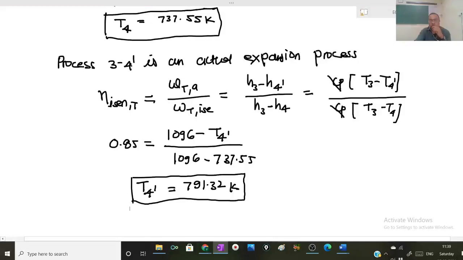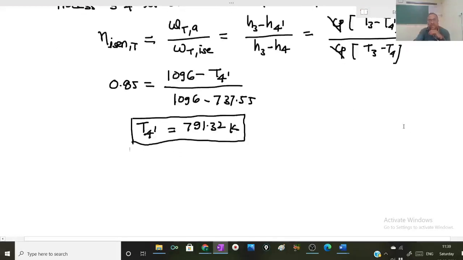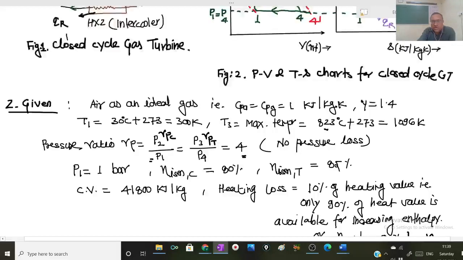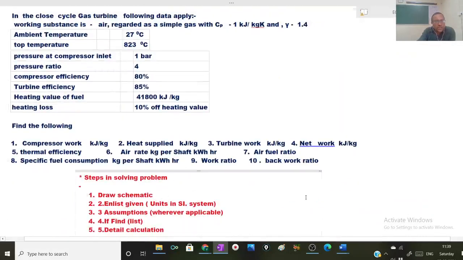So what did I do? I could get all the temperatures now. Half the work is done. T1, T2 dash, T3 and T4 dash I have. So all the parameters now I can calculate in terms of these temperatures, and some of the performance parameters like work-air ratio, air rate, I can calculate using formulas. The list is very long, I have to refer to it once. Compressor work, heat supply, turbine work, all those things. Okay, now let us do it one by one.